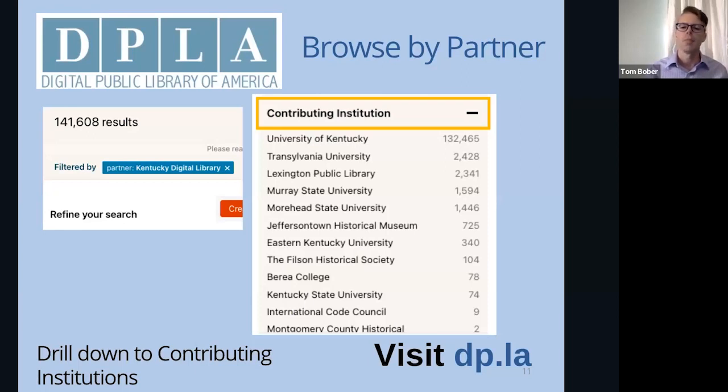contributing items, but it might be interesting to do a quick scroll of Jefferson Historical Museum, Filson Historical Society, even Murray State. And then you could narrow down even more by format or date range to target in and see what type of items these particular institutions are providing to DPLA. And when I say providing, hopefully you understand from what I said earlier that they're not actually sending the digitized items to DPLA. They're just providing that metadata so that DPLA can link you as a searcher to their digitized